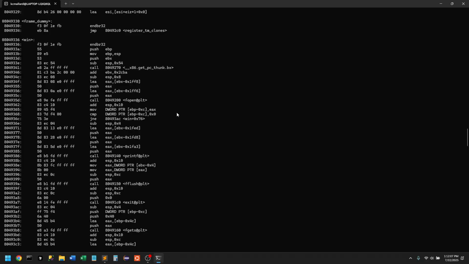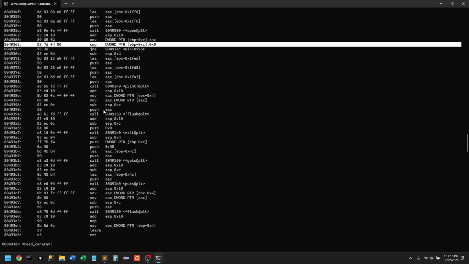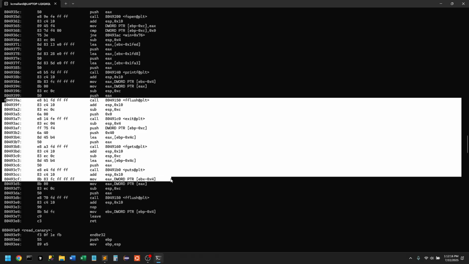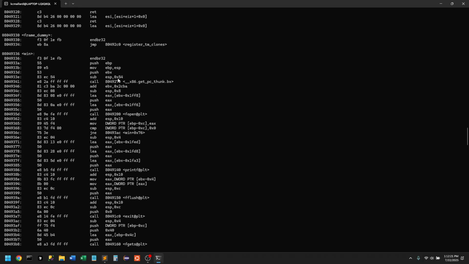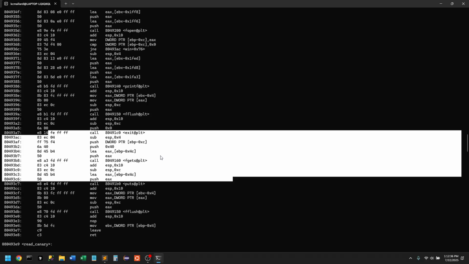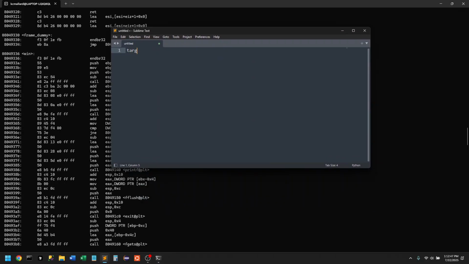And just like in the past, I like to pay attention especially to the compares. So here's a compare here. Not many other compares. If I had to guess, this compare in the past hasn't mattered that much as far as any kind of parameters that need to be set. It's always been down here where the comparisons lie. And so with this, I'm guessing that as long as we enter into the win function at this address, we'll be golden. And so as usual, do target,